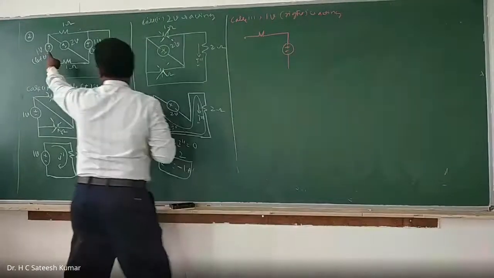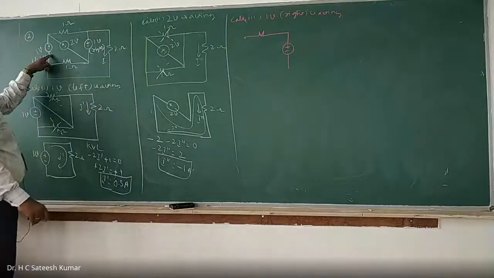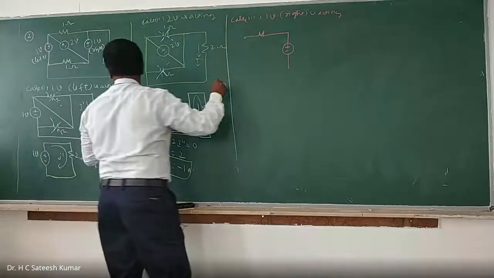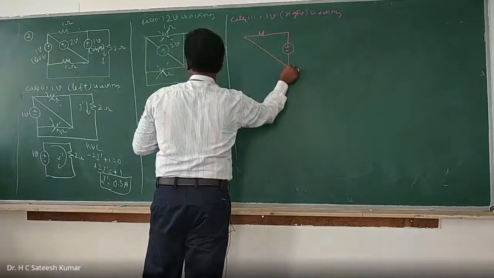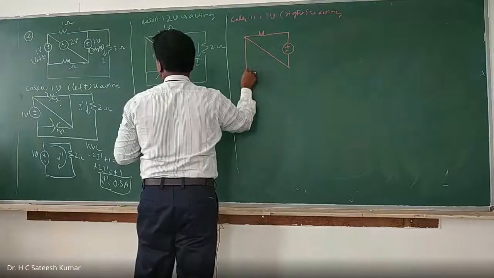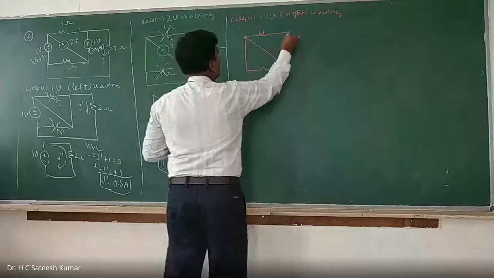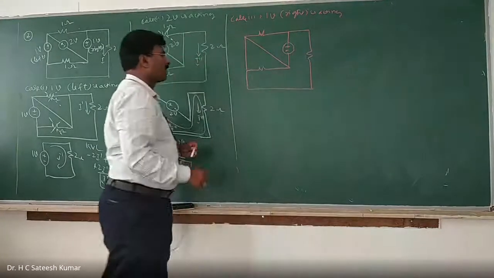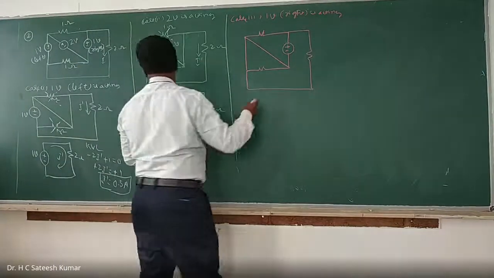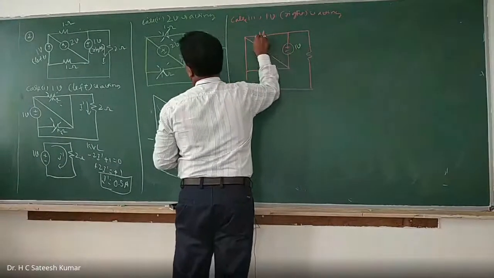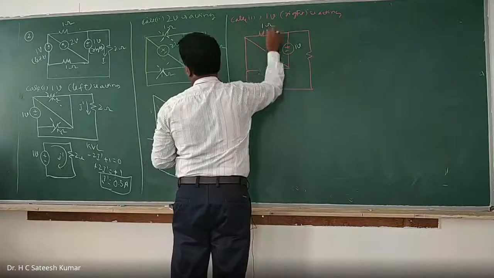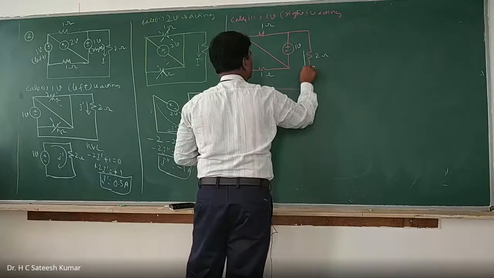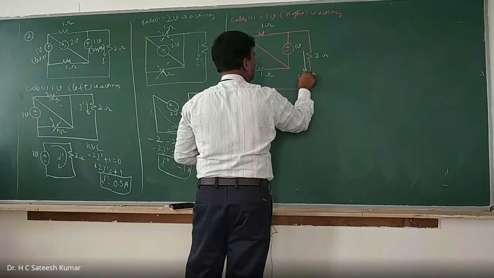This is open. The voltage source is replaced by short circuit, and current source by open circuit. All of them are voltage sources only. Short circuited. Sorry, this should be short circuited. And this also should be short circuited. And this resistor and this resistor I connect it. Okay. Now you see this 1 volt, and this is 1 ohm. This is 1 ohm. This is 2 ohm. This current we need to calculate. This is I triple dash.